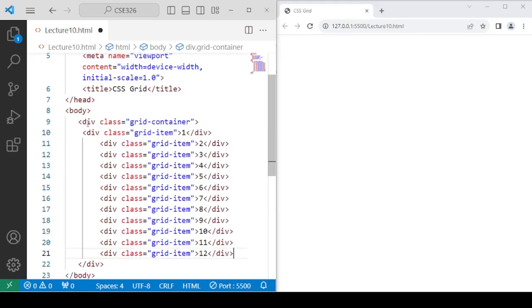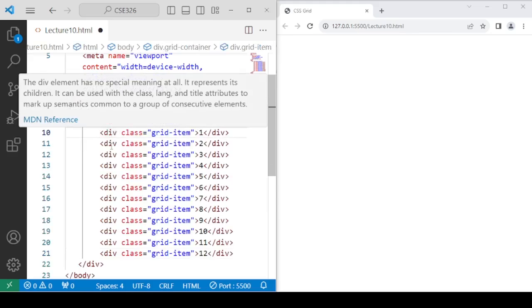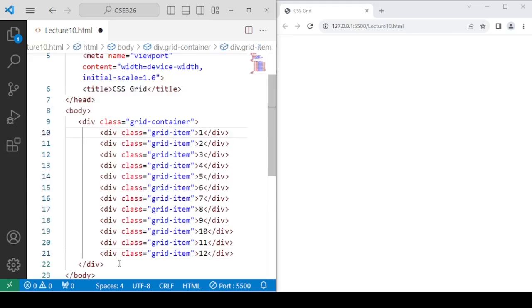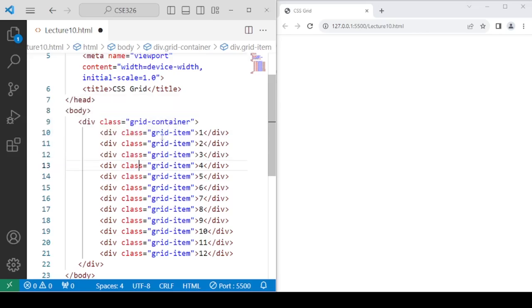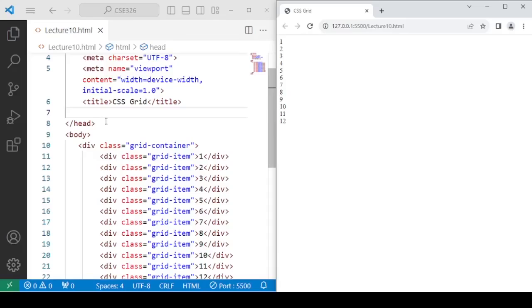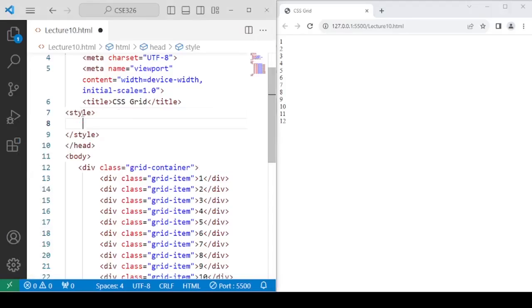So I am already having these 12 items, as you can see here. I have already created 12 div tags and gave them class attribute whose value is grid item. Okay, so we got these items on the web page, but we need to style them now. In order to style this, we need to come to head tag and write style tag, and we will use